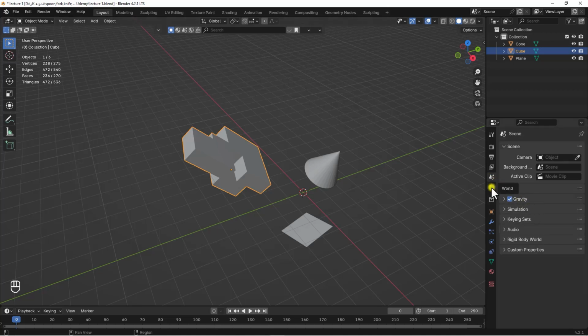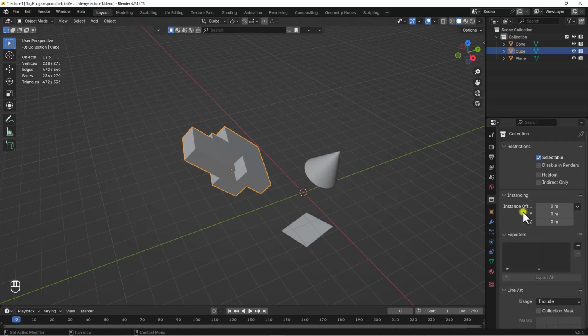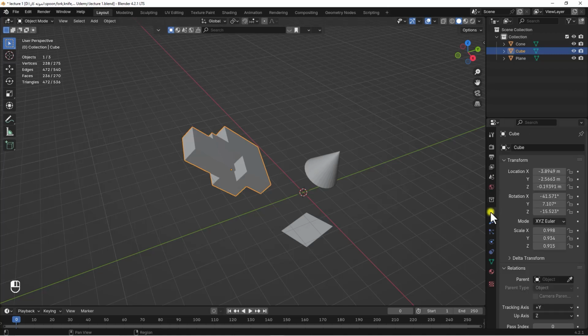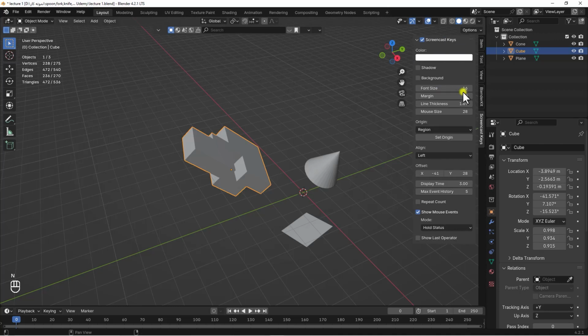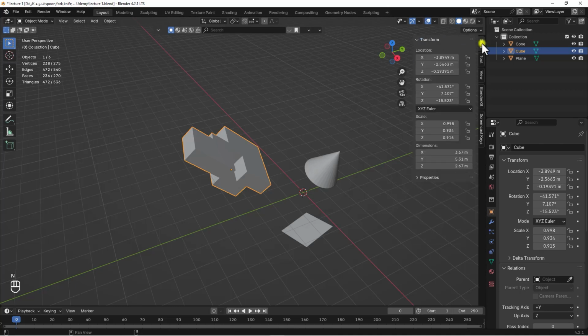The next part is the object. As is clear from its name, there are many important things related to objects. One of these things